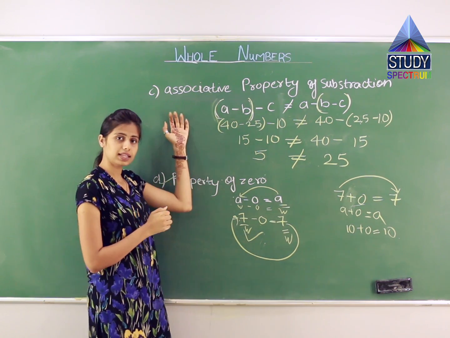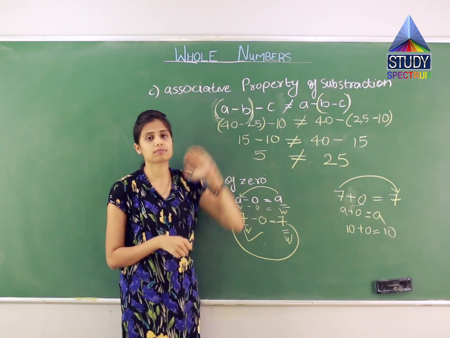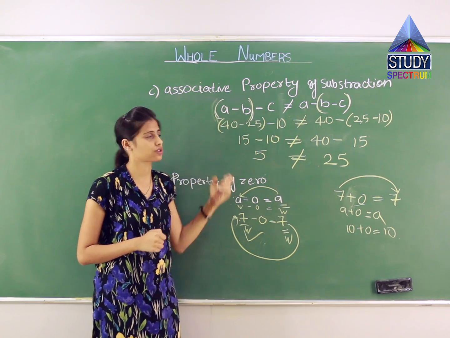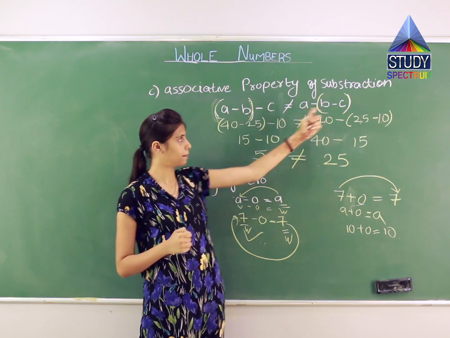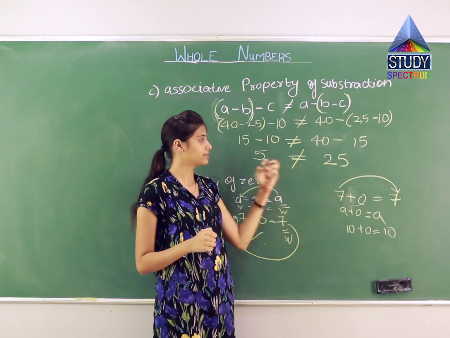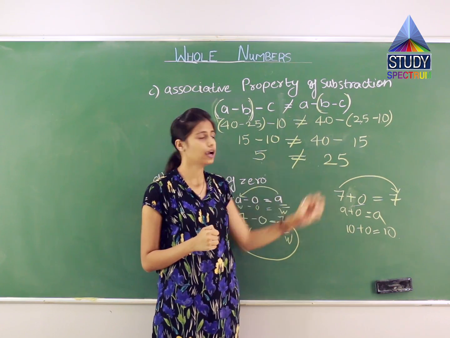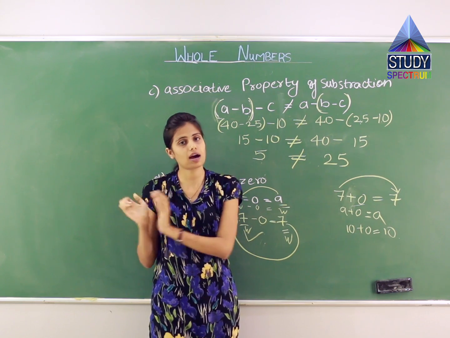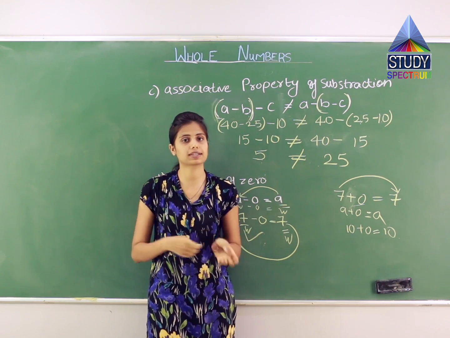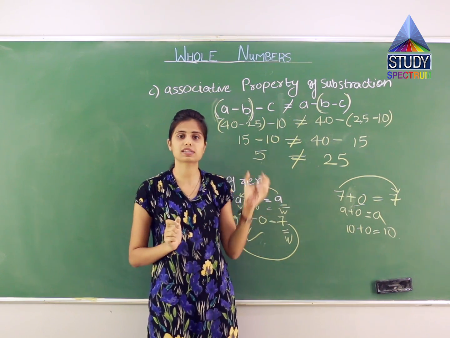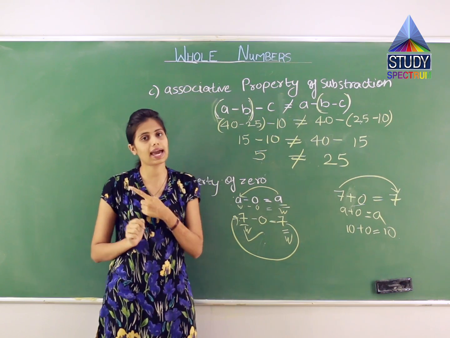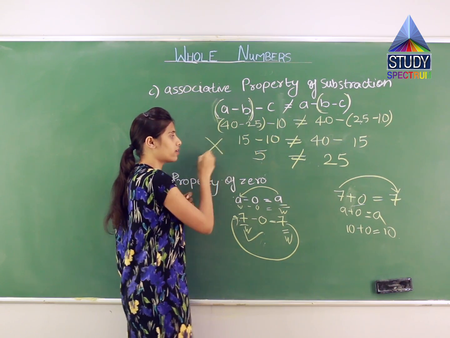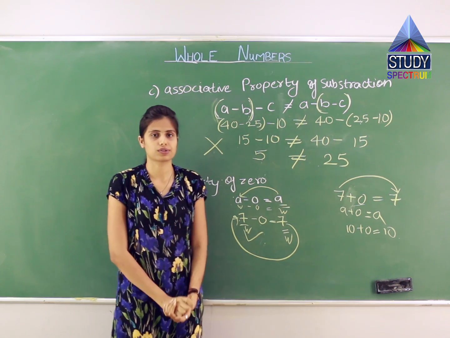और इसमें क्या देखा associative property में, placement of bracket matters in subtraction. अगर हमने position of the bracket change किया, the answer will also differ. Like 5 यहाँ पे, 25 यहाँ पे. But in addition, brackets का placement अगर हम change भी करते हैं, the answer remains the same. Means associative property holds good over there, but it does not hold good over here in subtraction.